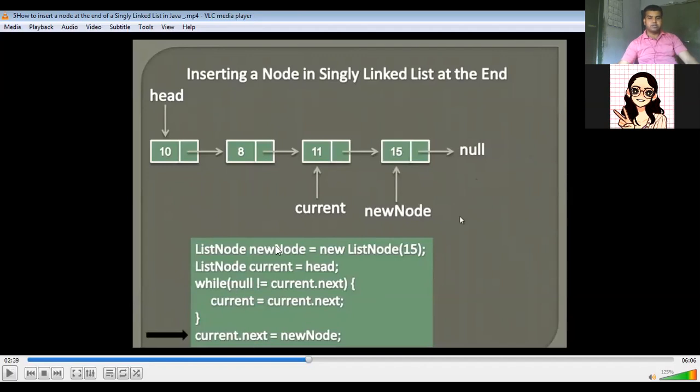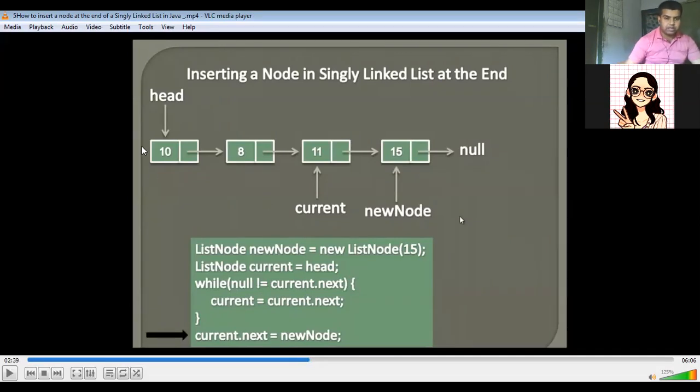See what is done. They started traversing one node after the other. Okay, now what is this loop all about? The purpose of this loop is that we have to see whether there is any node present in the linked list which is pointing towards null, that is equal to null.